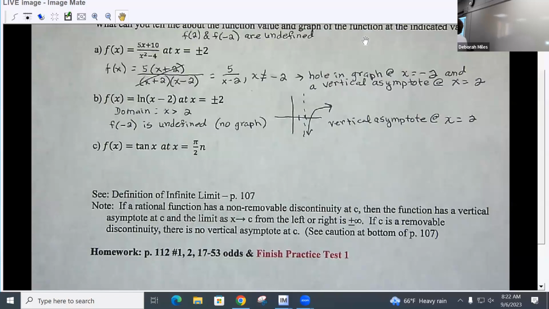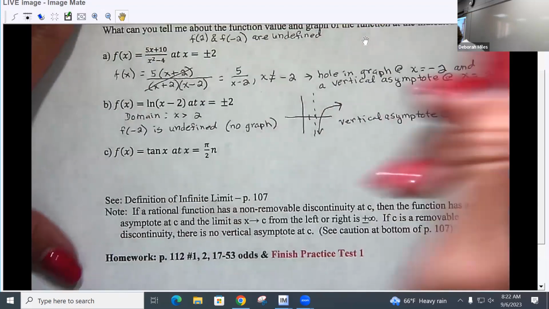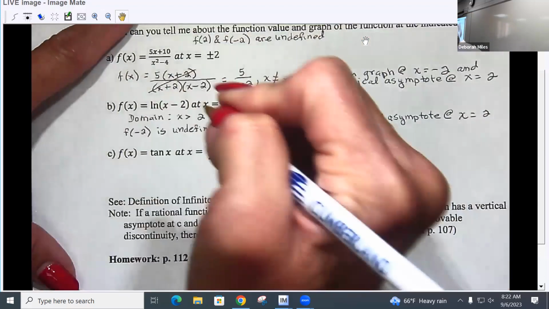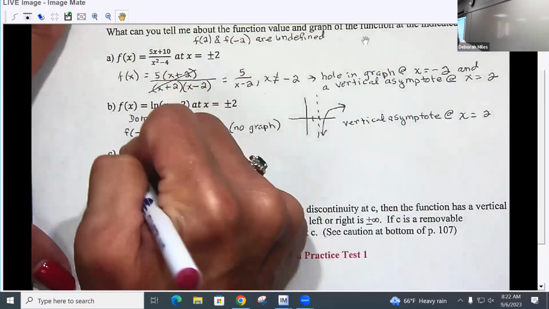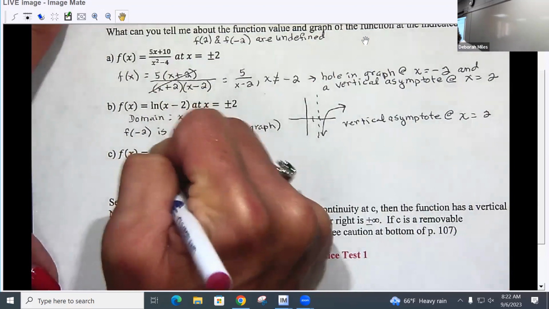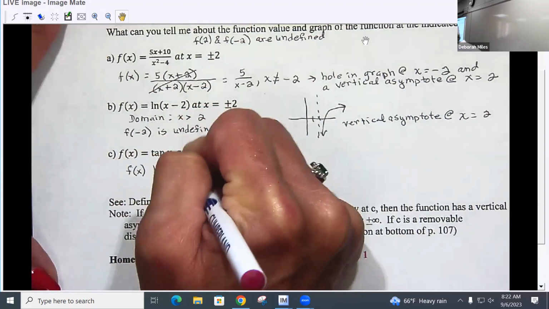Not. The odd half pi is where you have what on the graph? All right, so f of x has vertical asymptote